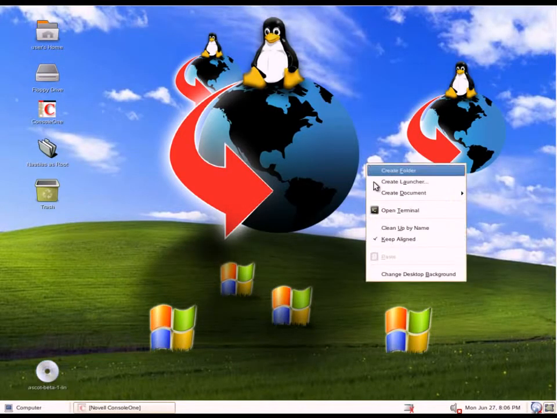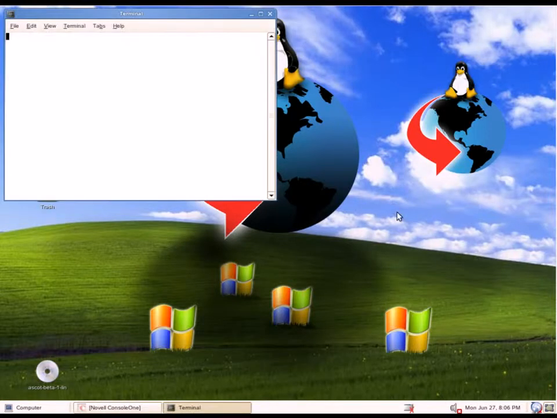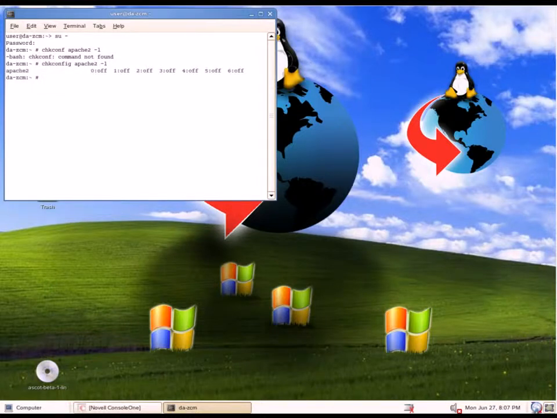I need to open up a terminal window. So open up the terminal. I'll become the root user, switch user, and root password. And once I'm here, I'm going to do a quick check. I'm going to do a chkconfig on our Apache 2 server, with -L to list, just to verify what run levels Apache should run at, and we see that it's actually not starting. So I'm going to turn that on by saying chkconfig apache2 on,